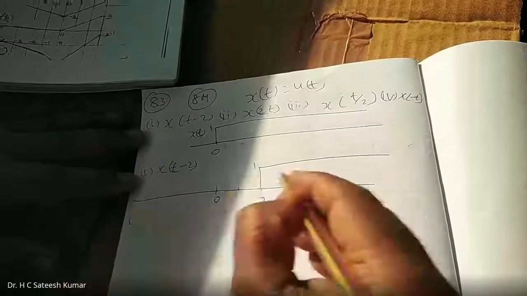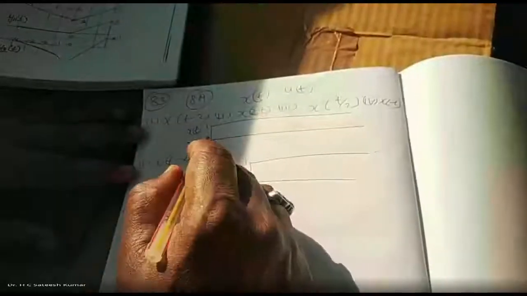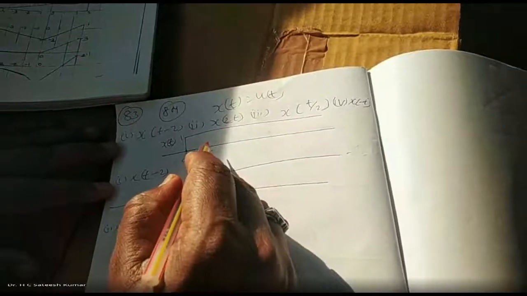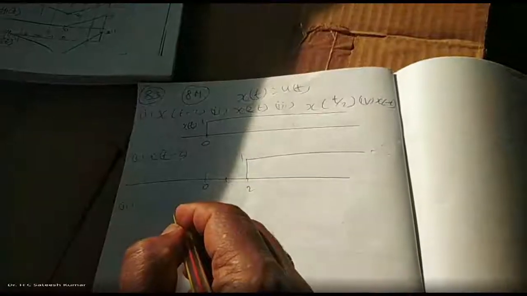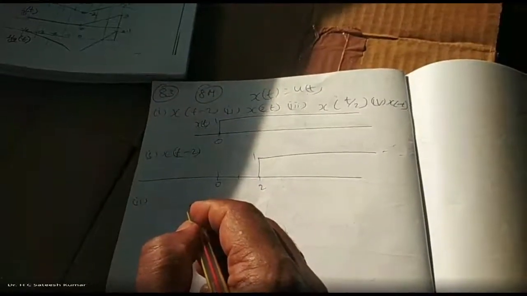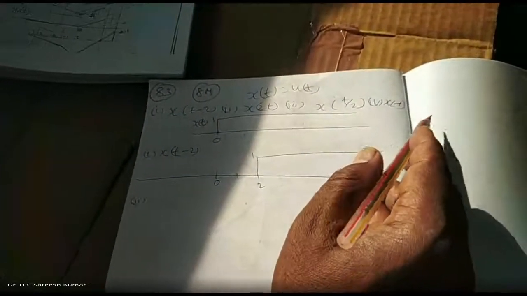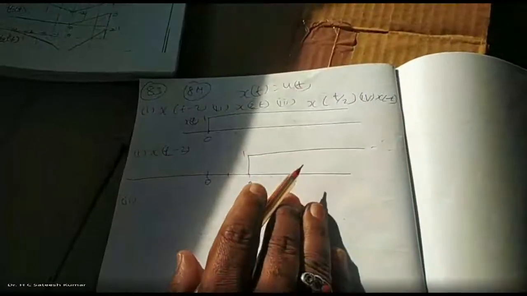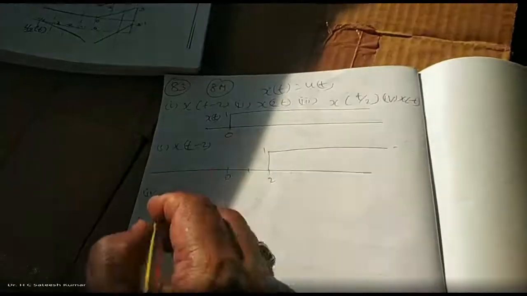So this is going up to infinity, only this edge is there. The other edge is at infinity. Even if this edge is shifted to right, the right edge is at infinity. Infinity shifted right is still at infinity. So don't worry about the right edge. The left edge is shifted right by an amount equal to 2 units. So therefore, you are going to get this.